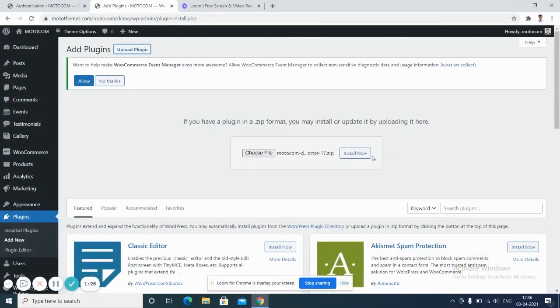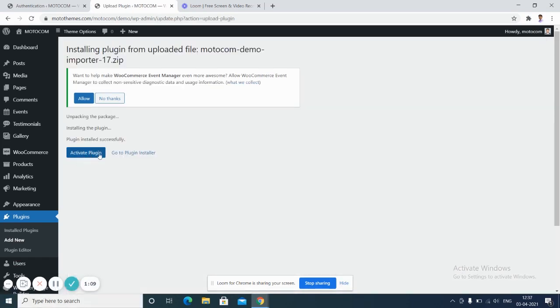You can drag and drop here and install now. It will redirect you to ask to activate the plugin. We need to click on Activate Plugin